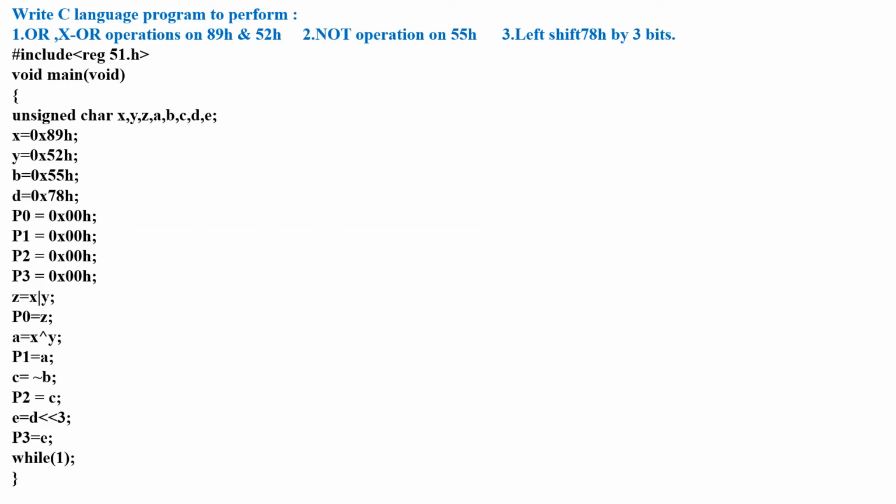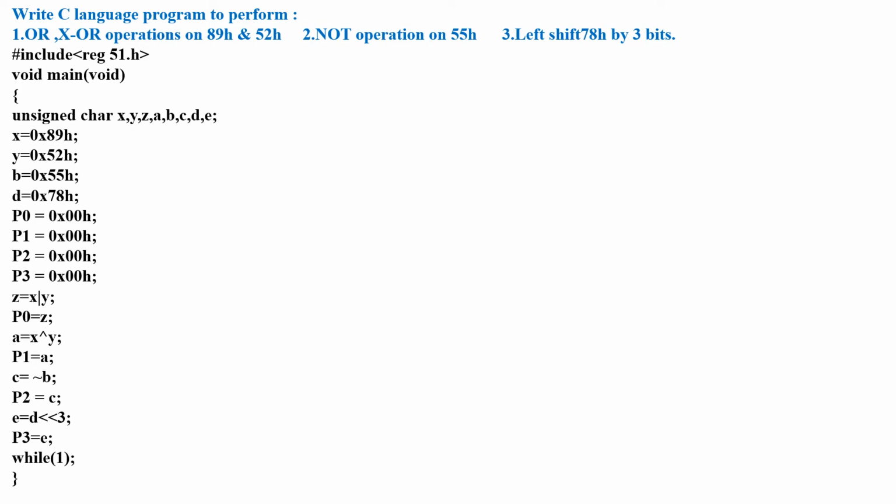Now let's see the program for logical operations. In this program, four logical operations need to be performed: OR, XOR operation, NOT operation and left shift operation.